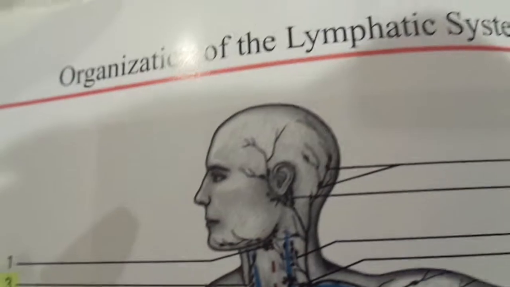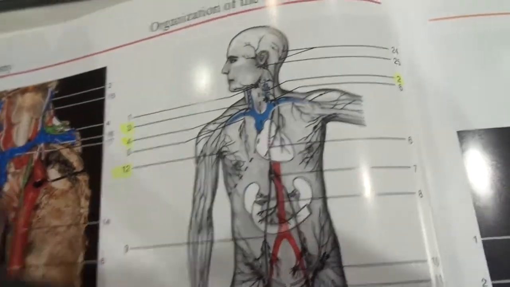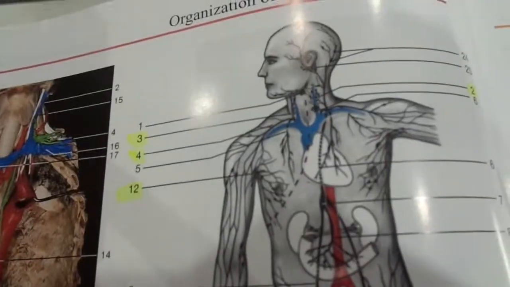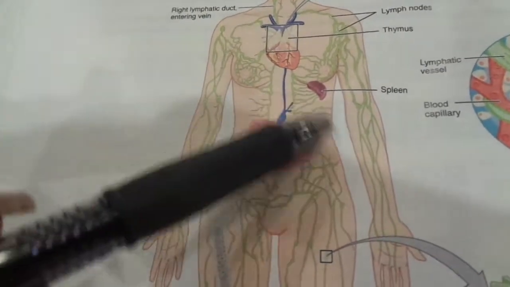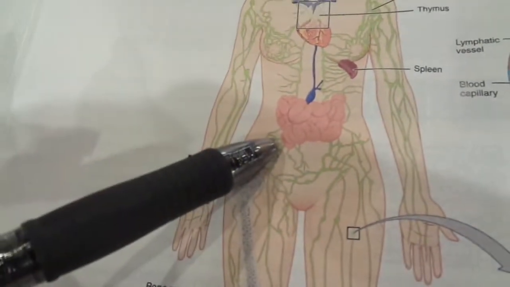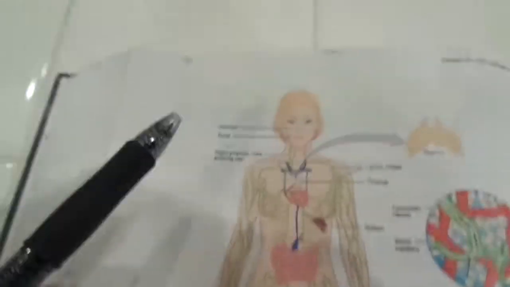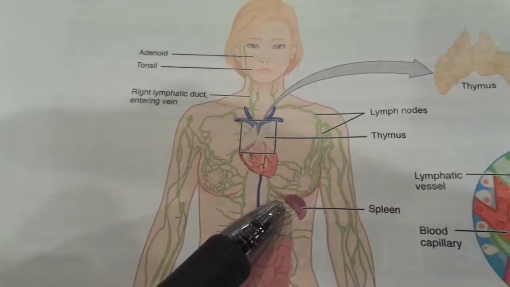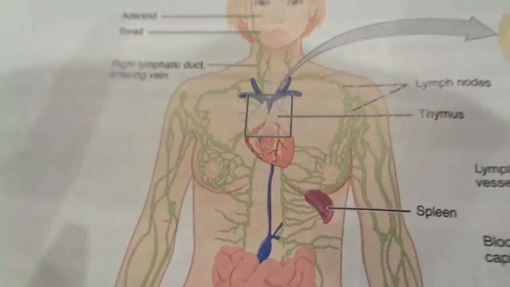The appendix. For this, the appendix isn't shown on this particular model, so I'm going to go ahead and switch over to our OpenStax book so we can actually see it. So this is a diagram of the small intestine, so the appendix would actually be right in this area, right over here. Okay, and so again, here is the spleen, the tonsils, the clusters right there, those are the lymph